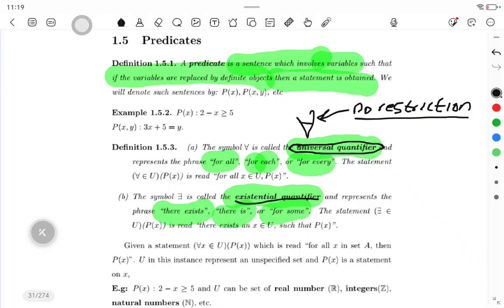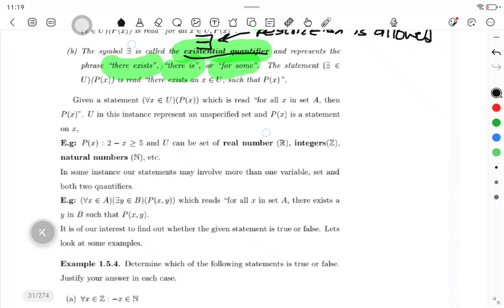When we see the sign for they exist, we should always see that at least one, or restriction is allowed. You'll see when we come to the statements what I mean when I say that restriction is allowed. So for they exist, we are going to say restriction is allowed. Now, if we go down, we'll need to know these